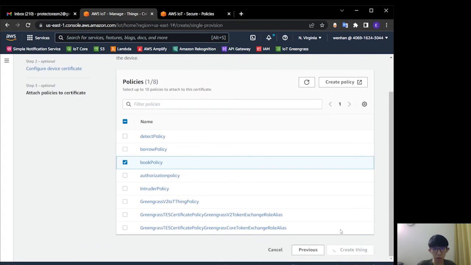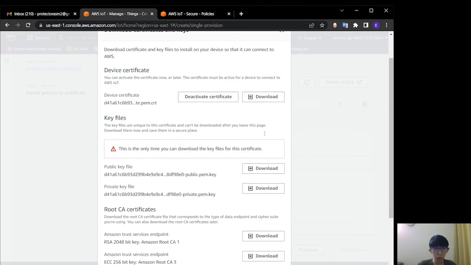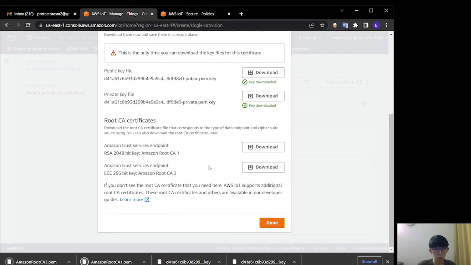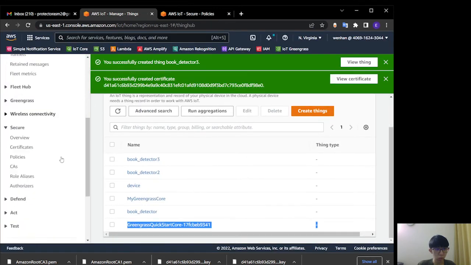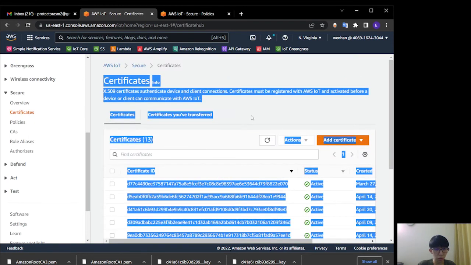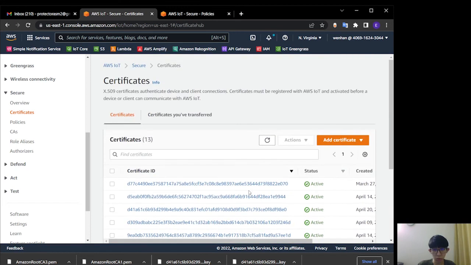Let's create the thing. We need to download all the certificates and the keys from this thing. After done downloading, we click done. You can check the policy in the certificate that we just created.